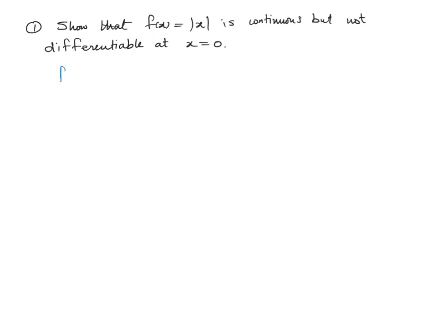So first of all, let me write this f of x piecewise. It's either x if x is greater than or equal to 0, or it's negative x if x is less than 0. So first of all, f of x is continuous, so the limit as x approaches 0